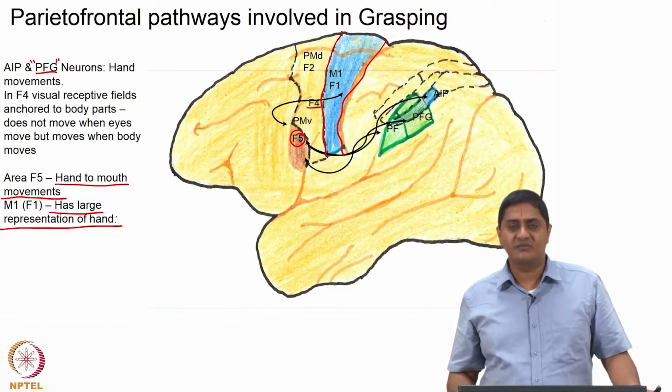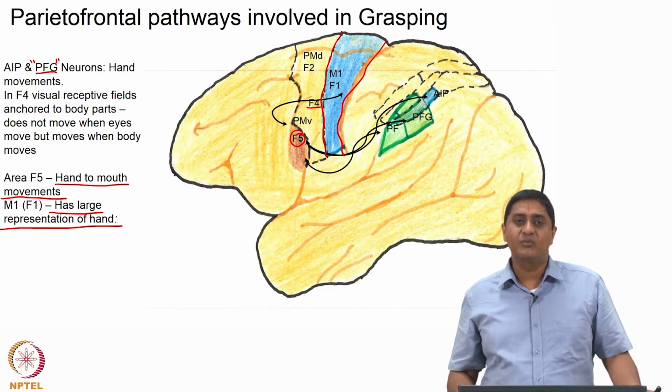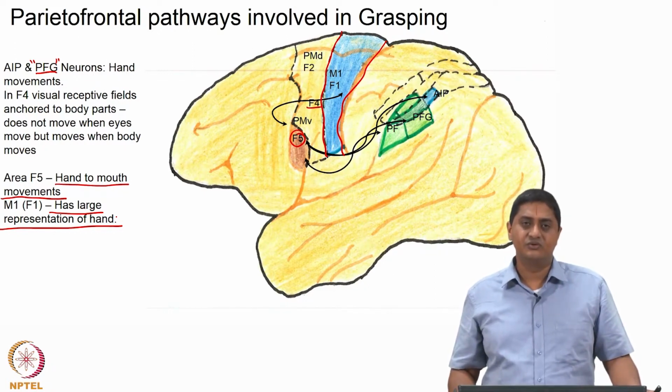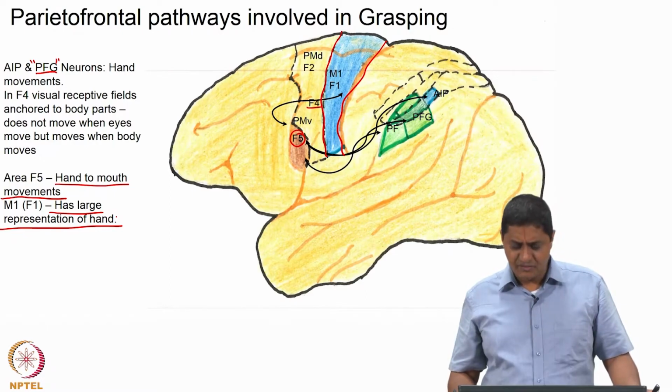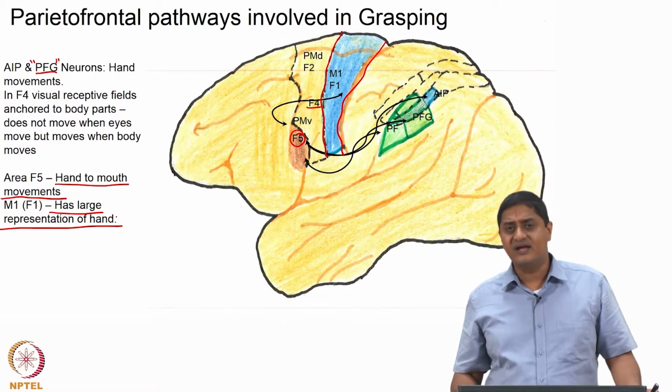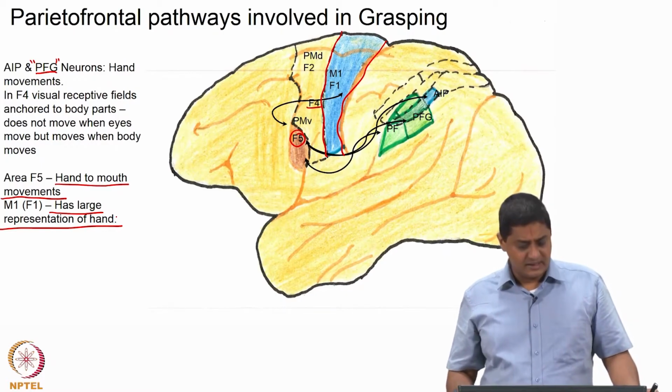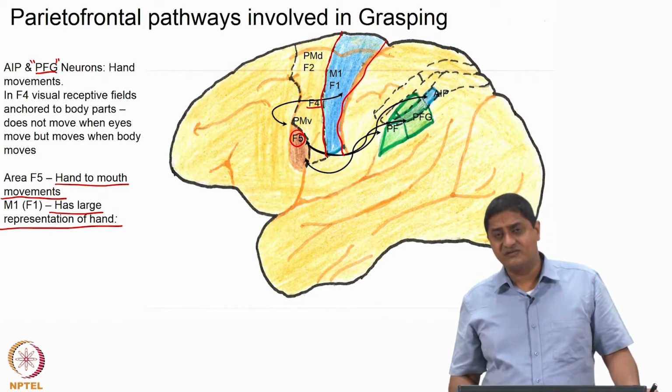We also saw the importance of corticomotor neurons, or those motor neurons that provide monosynaptic projections to alpha motor neurons that control the finger function, something that we saw in previous classes. So, importantly M1 has a large representation of hand, and area F5 has specific neurons dedicated for hand to mouth